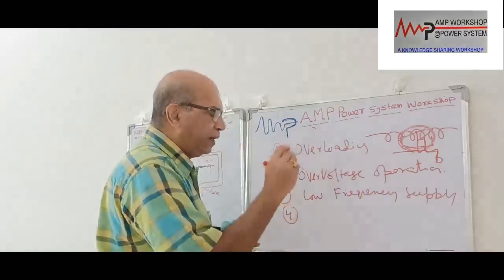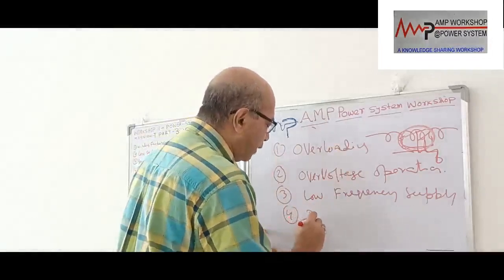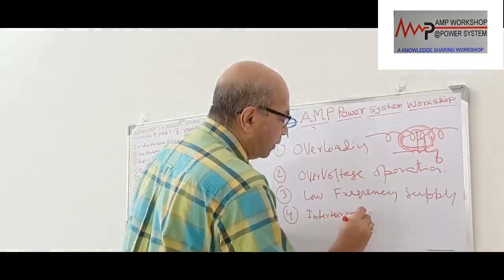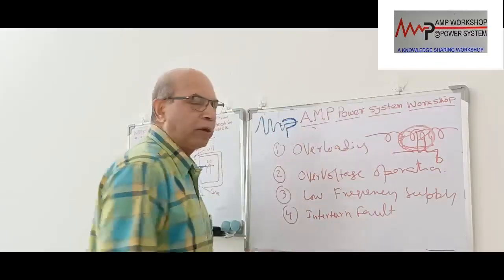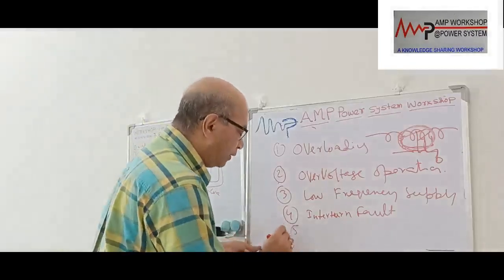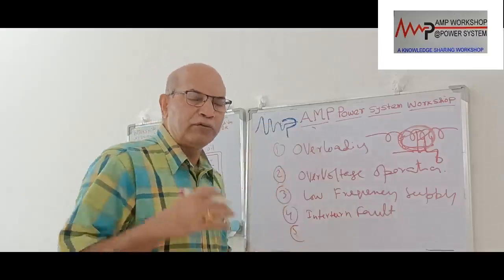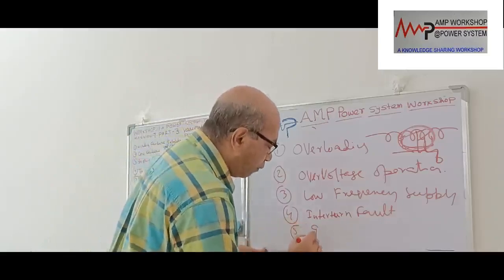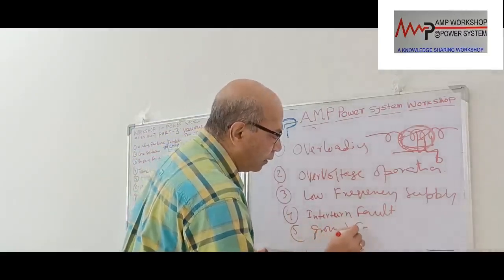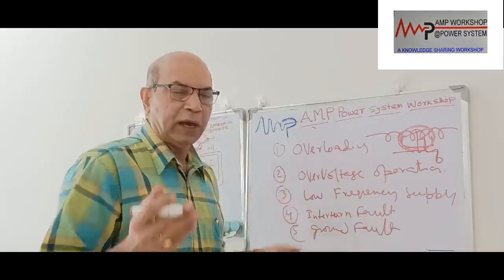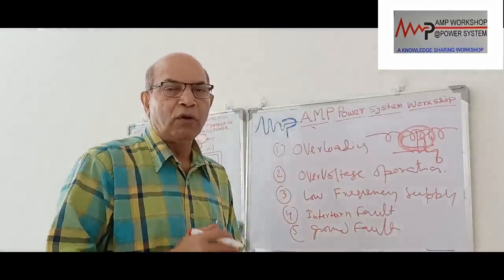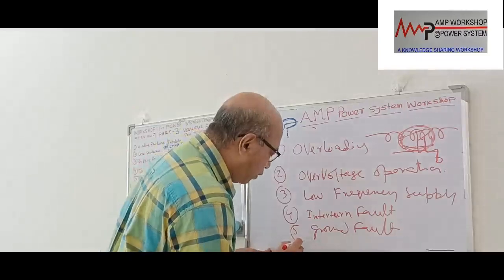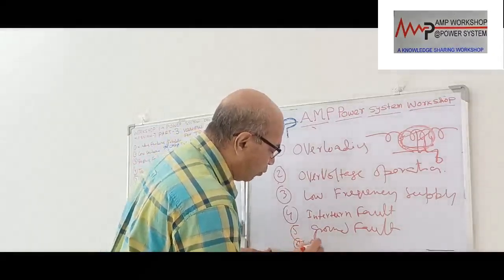Number 4 is an incipient fault or the interturn fault. If it takes place, that also causes abnormal operation of the transformer. Then if there is an intermittent fault or any internal fault due to deterioration of the insulation, or deterioration of the core, or deterioration of the winding, then it could be called a ground fault. And then also, there is a short circuit between the two terms or amongst the three windings, or a short circuit across the bushing, or a short circuit across the tap changers, then there will be a phase fault also.